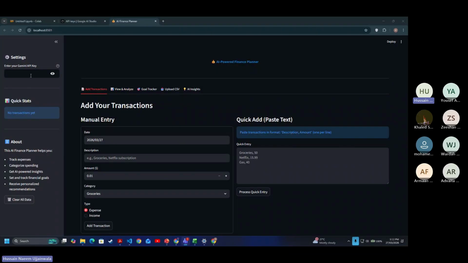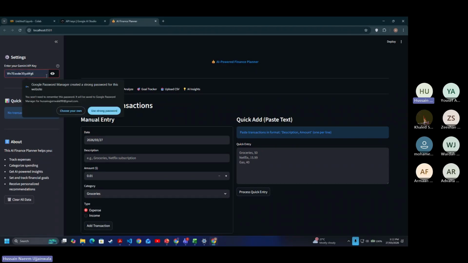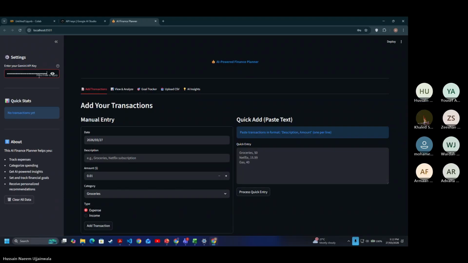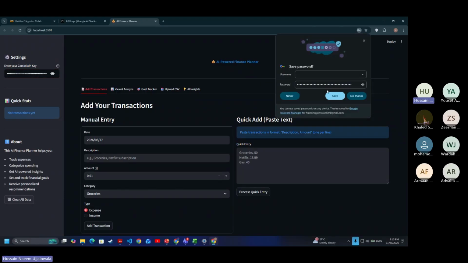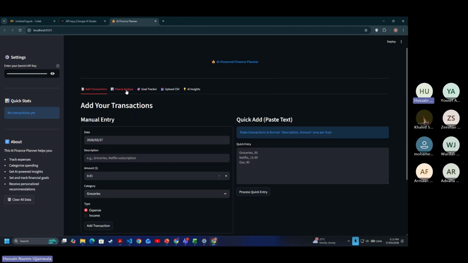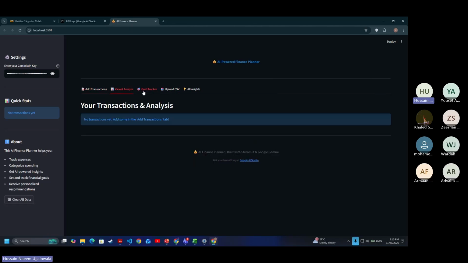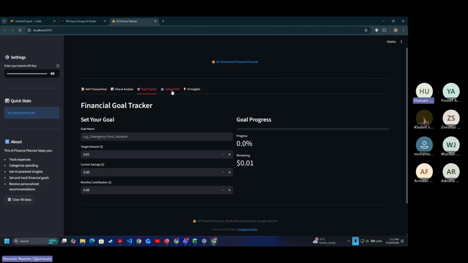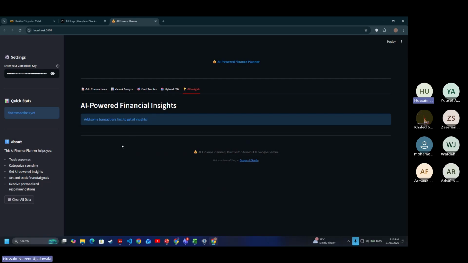Over here, I did the same thing as keeping the API key a private key. That's just Google giving me, come on. I'm going to present my API key over here. I think it's exhausted, so let's see. We have our analyze functions, our goal tracker, our CSV, and AI insights. I won't be going in depth in this, but